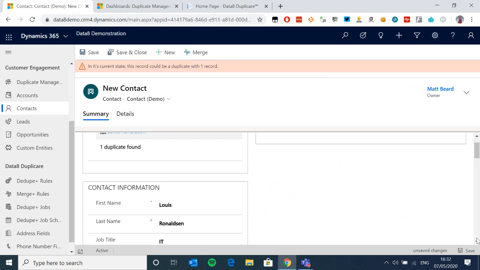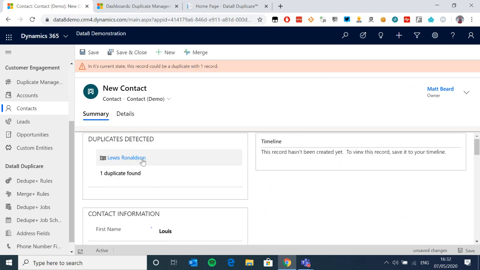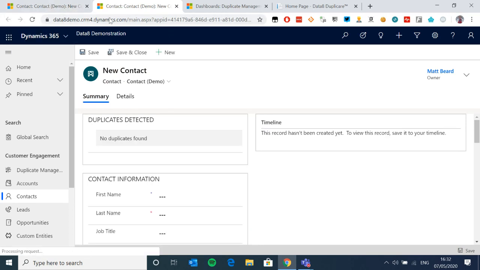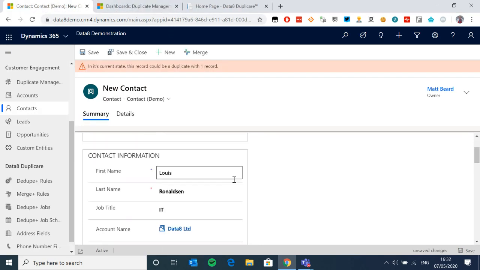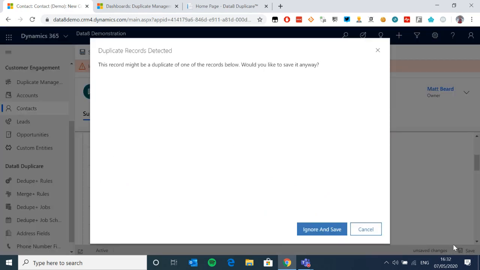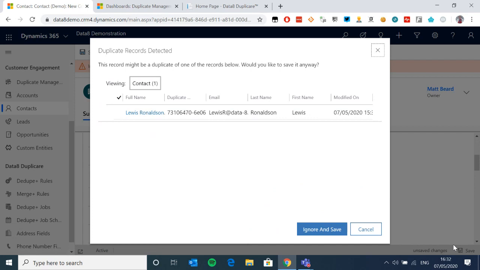What we used to have to do was press save to go and see that record. But actually, what this new controller's done is immediately give you feedback on the screen, refresh without doing anything at all, what that record is. So I can now go and see that record if I was interested to go and have a look. Now, what I will do on this is I can carry on, and if I press save, this is where you see the window you're used to seeing. So this is where previously we only used to show the duplicates here. So we've sort of cut a little corner there, so that you can save an extra click.